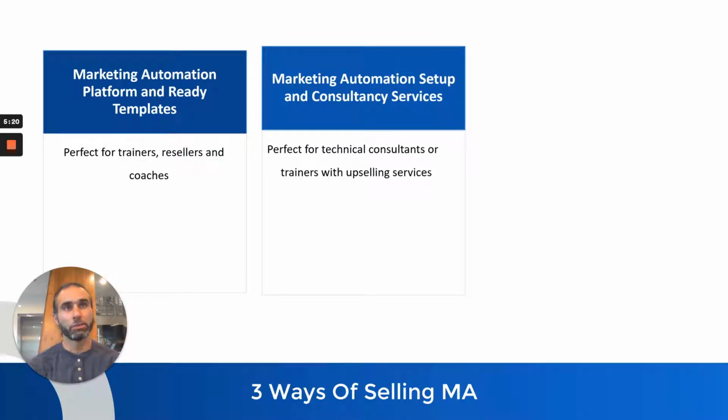The second is going to be marketing automation setup and consultancy service. This is a hybrid between reselling just the software and maintenance and management. And I'll dive a little bit into each one of these, by the way. It's perfect for consultants and trainers who are selling upsells as well, including upsells and upgrades to what they're offering. Okay? It doesn't necessarily include the entire management on a month-to-month basis, but it could include some monthly recurrent revenue